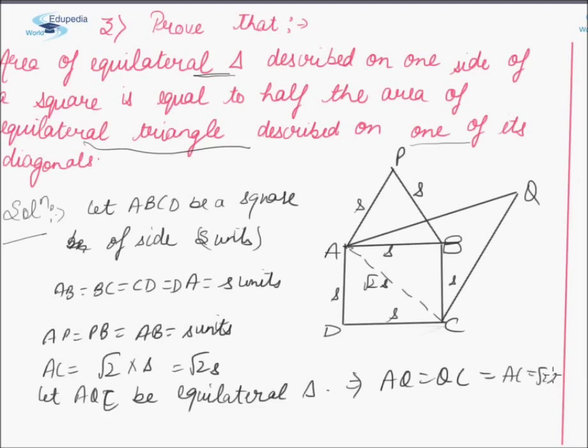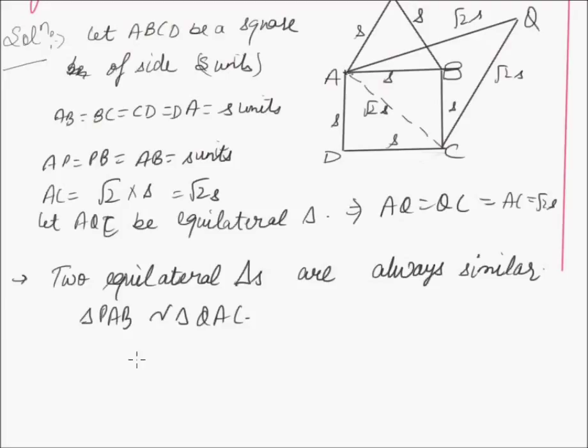No doubt their sides are different, but both of them have the same shape of an equilateral triangle. Therefore the triangle PAB will be similar to the triangle QAC. Now since the triangles are similar, the ratio of their areas